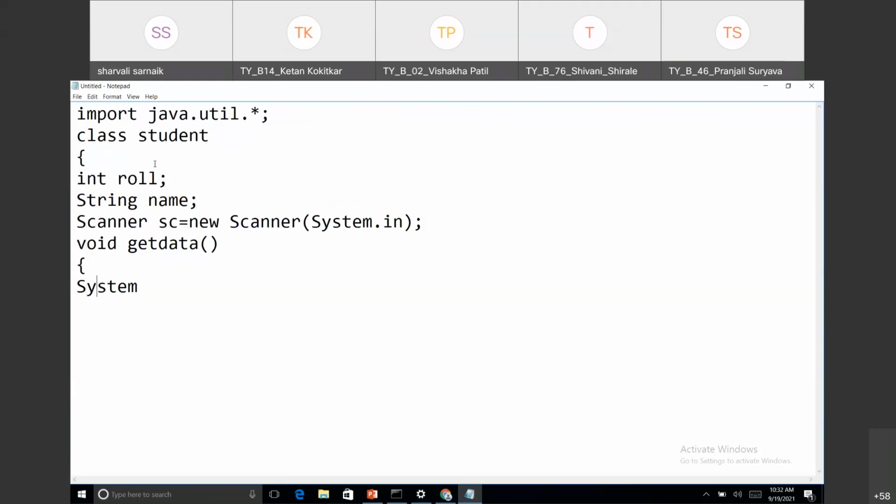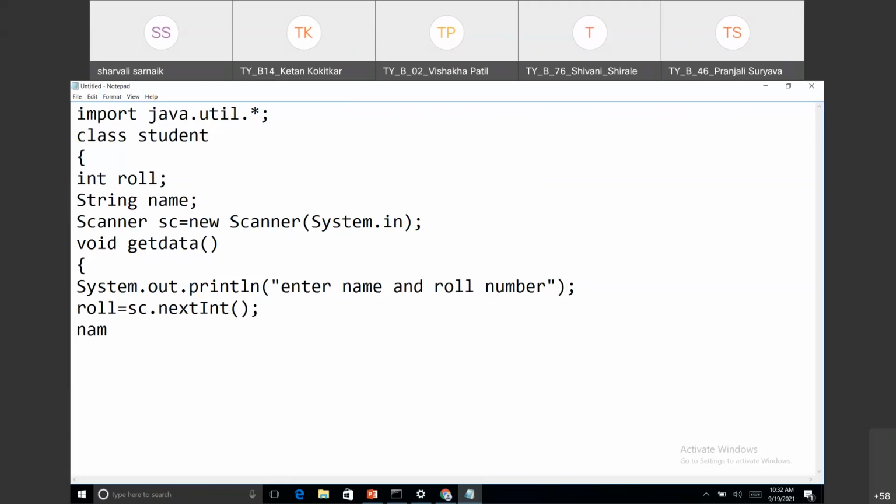Okay, so with the scanner, I'm just informing the student to enter name and roll number. Now I want to take the name and roll number from the user. So I'm writing sc.nextInt.